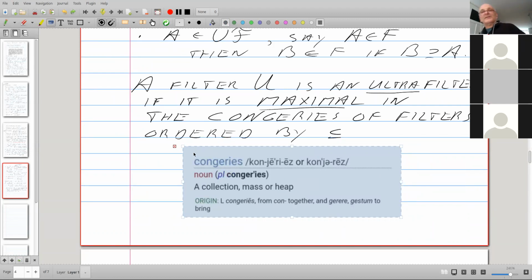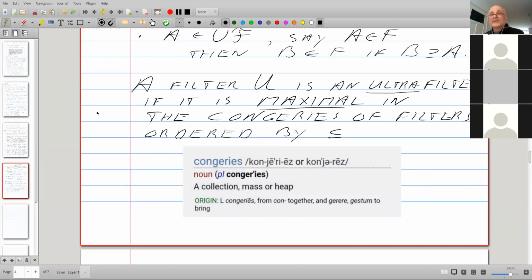I found this once in the dictionary, and I use it when I'm running out of words, synonyms for sets. Sets, families, collections, conjuries, they are really big families. Don't take this too seriously. I could have said the collection or whatever.